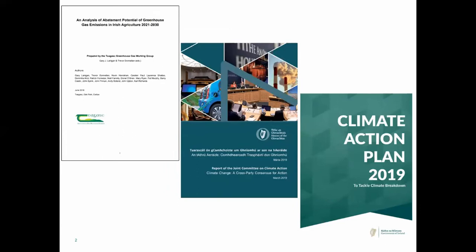So I suppose the background to this, and some of you have seen a number of these Friday morning seminars at this stage. What's driving this, of course, is a number of documents and papers that are out there at the moment and that are driving policy going forward. From the Teagasc point of view, the MAC curve document, the abatement potential of greenhouse gases emissions in Irish agriculture, and that has formed part, obviously, of the government response in terms of the climate action reports and the climate action plans that are fairly recent